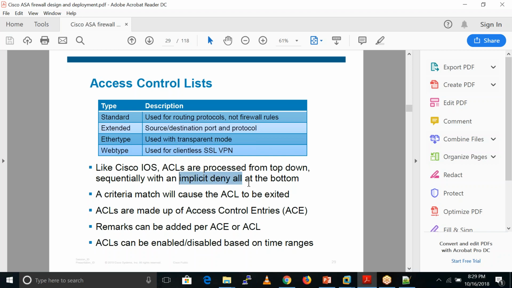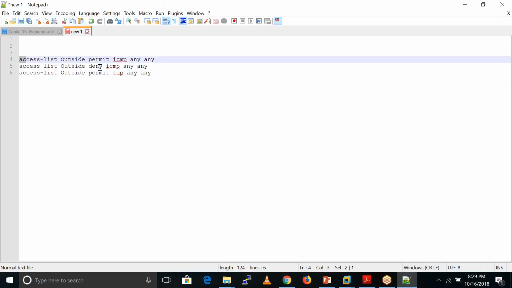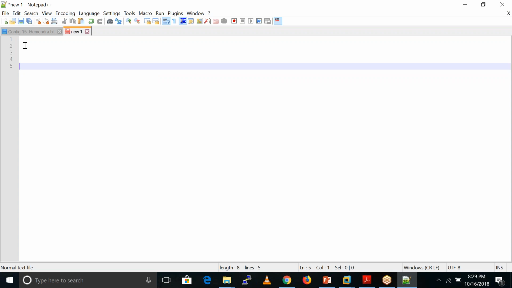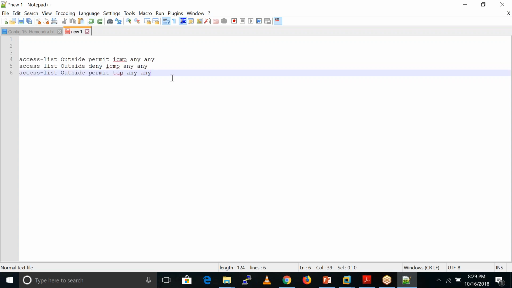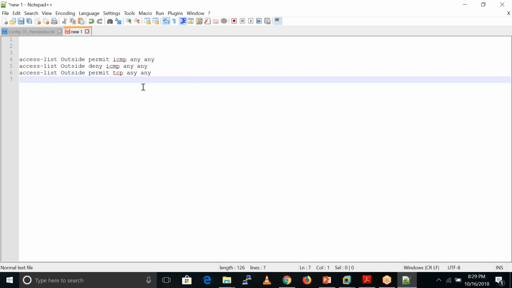The thing is, you just remember, let's suppose we have three rules here only. But there is also one rule at the bottom, which denies everything. That rule says access-list outside deny ip any any.